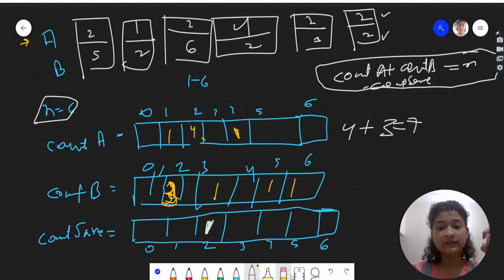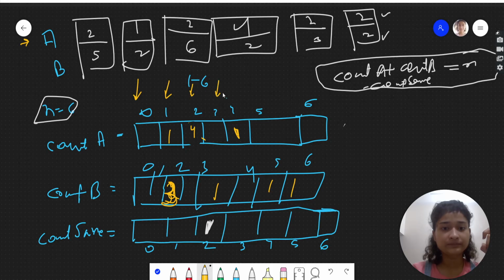Okay, see here what we will do. We will be traversing this count A array every time, and for each we will be checking.